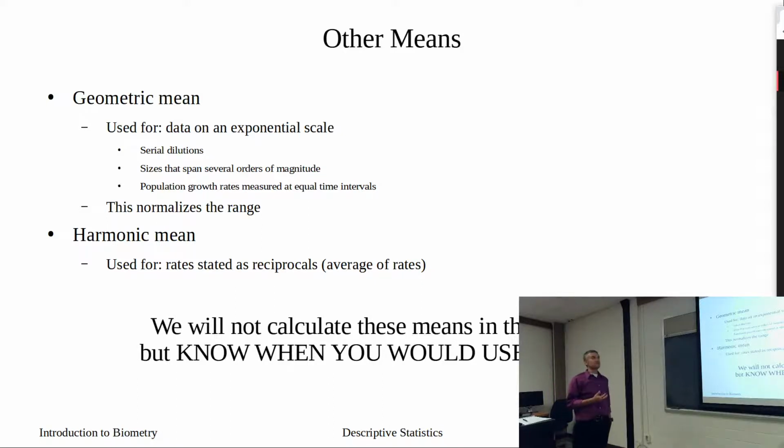You might say, what are serial dilutions? It's where you do, let's say, a 1 to 10 dilution, and then a 1 to 10 dilution of that, and then a 1 to 10 dilution of that. So your dilutions proceed 1 to 10, 1 to 100, 1 to 1,000, 1 to 10,000, 1 to 100,000. If you work with those, you're dealing with 1 over a couple thousand, 1 over a couple tens of thousands, and so forth. But if you take the log of those values, now you're working at 1, 2, 3, 4, 5, 6.